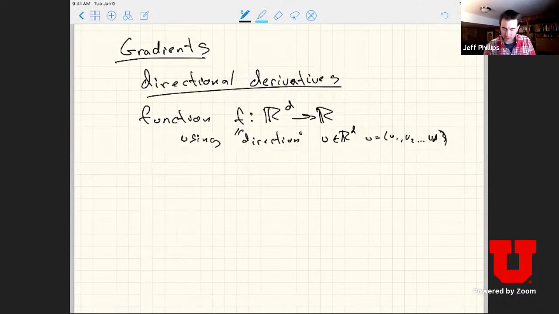And by direction I usually mean that it's a unit vector. I usually use u if it's a unit vector, and then the directional derivative, which is this nabla,